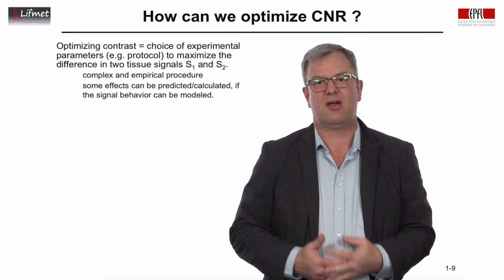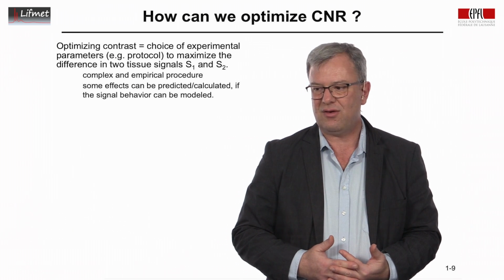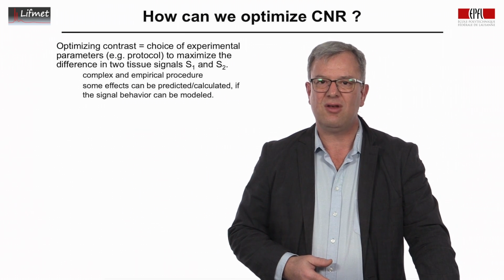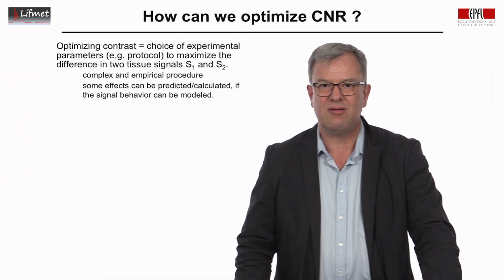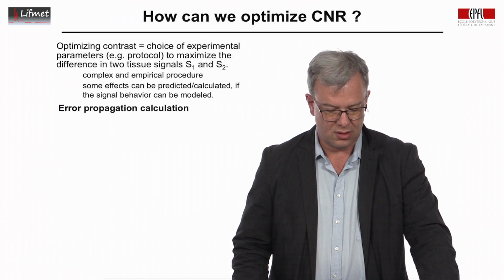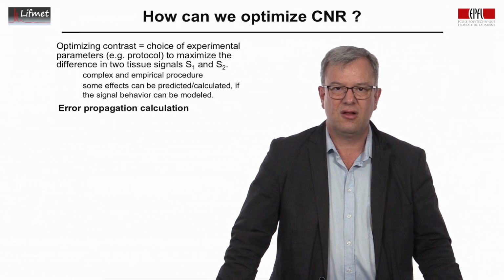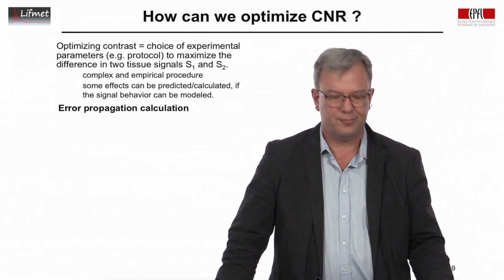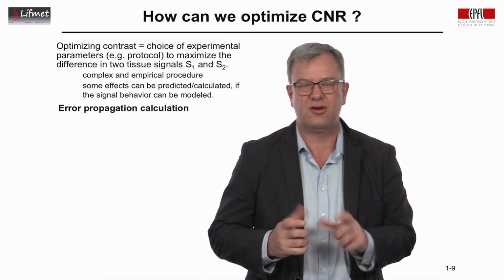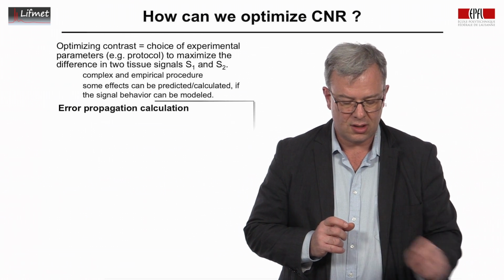Sometimes we can actually deduce some useful information if the signal behavior can be modeled. Unfortunately, we have many situations where we can put a reasonable model of signal behavior to estimate the optimal contrast to noise ratio. And here what we will use is error propagation calculation. So we will look at a procedure now, and this is very important. We will look at this procedure to optimize the contrast to noise ratio. The approach here